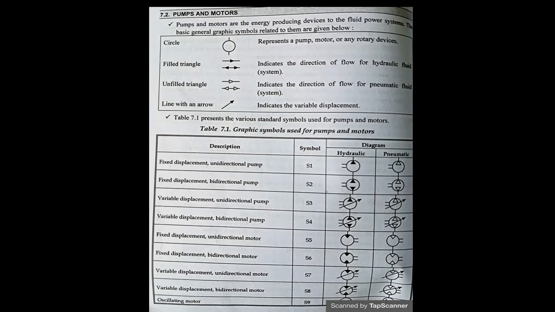It is mandatory for a fluid power designer or an engineer to have a thorough knowledge of fluid power symbols. So in this chapter, we are going to discuss the various graphic symbols used in hydraulic and pneumatic systems. These symbols are classified broadly into various categories. Depending upon these categories, we are going to see how the symbols are represented, how they are notated, and how they are used in a system.